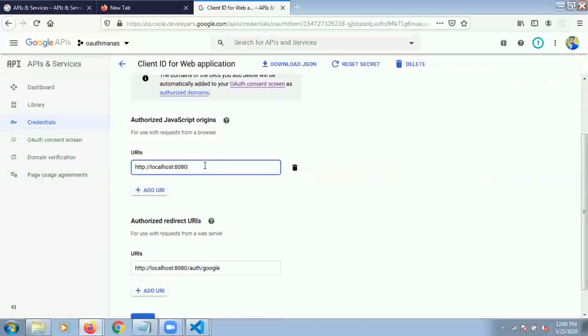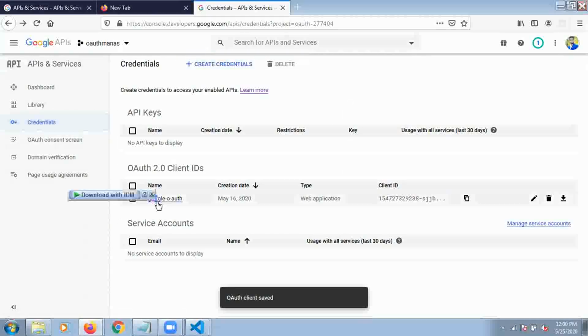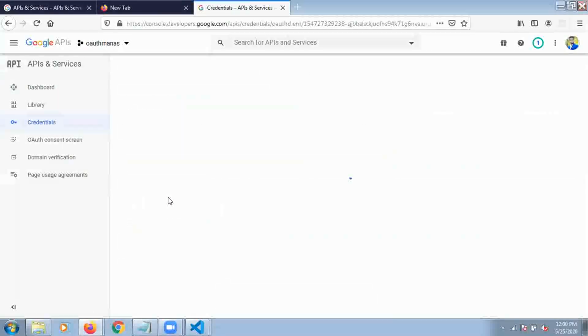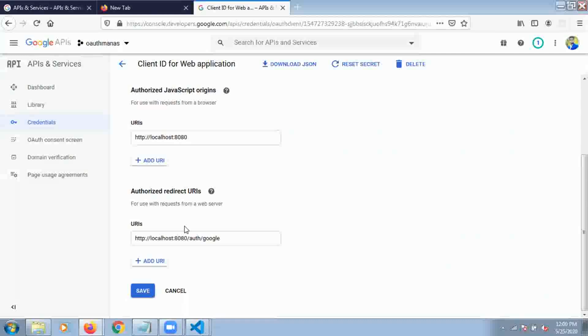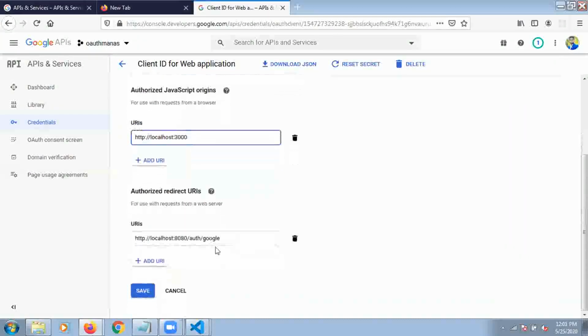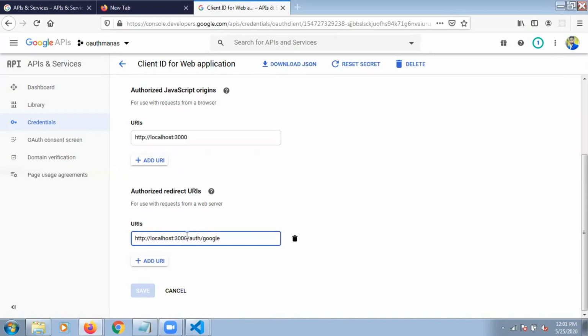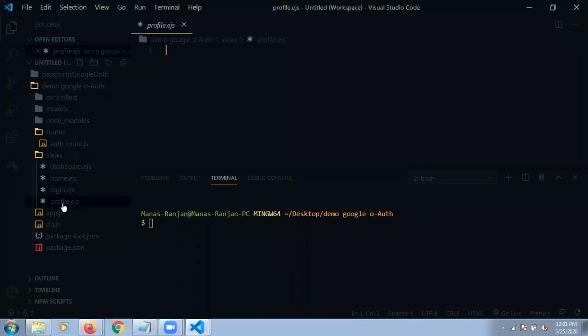Since our localhost is running on 3000, I am changing it to localhost 3000, and the second one is also 3000, as I already explained yesterday in Visual Studio Code.